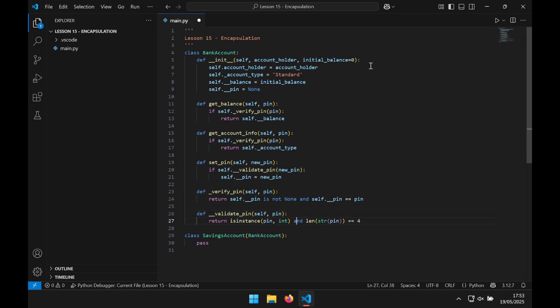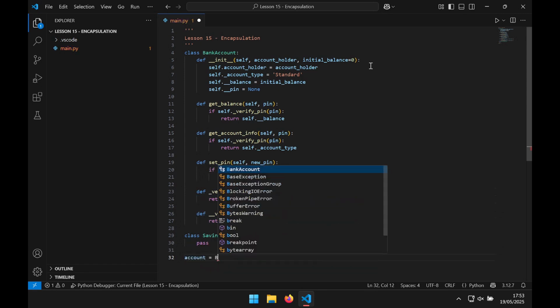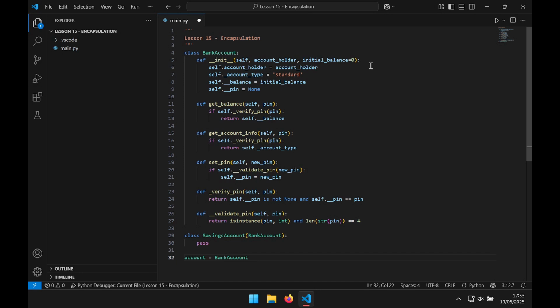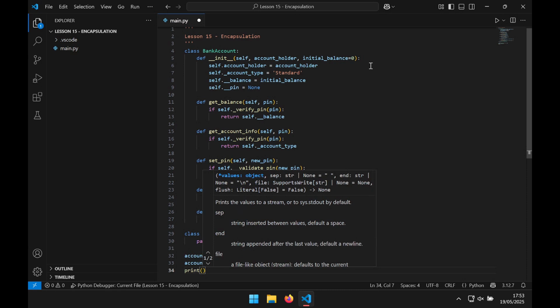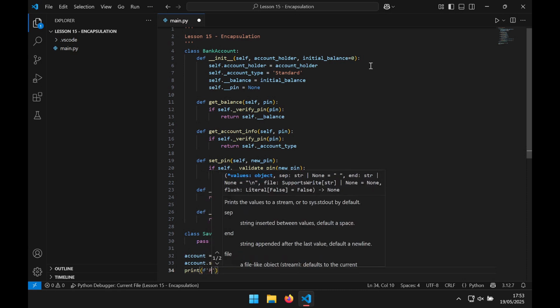And now let's create an object, account = BankAccount("Alice", 1000). Let's set the pin. account.set_pin(1111). New line. print(f"Public